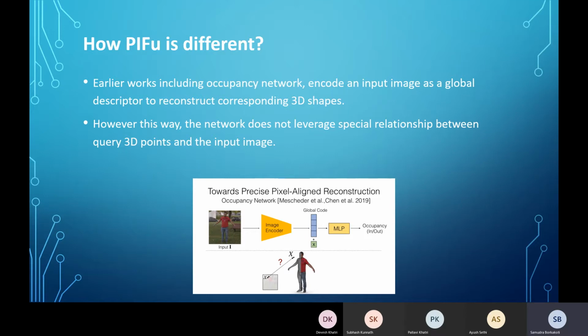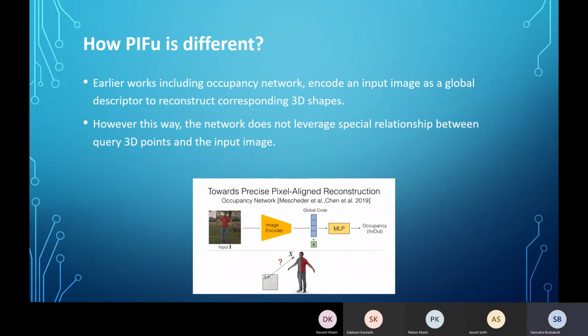As I was saying, it helps in making the 3D shape into a continuous data table, and then uses an MLP, multilayer perceptron, to get the occupancy, which is the final result, as you can see here.